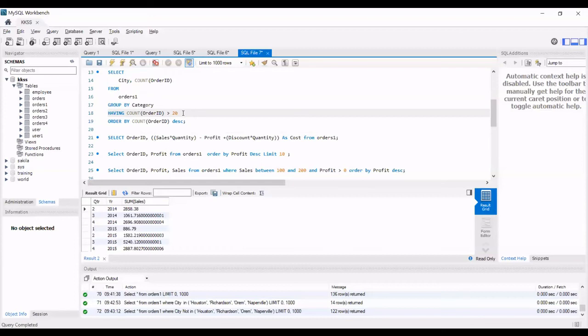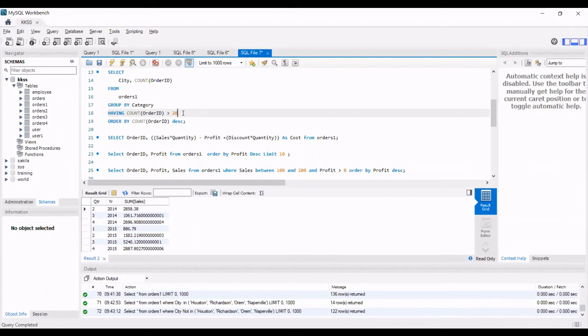So these are the different statements, and SQL will look at them in order. SQL will first look at your table, which is whatever you wrote under from, and then it will go to the where statement, see what the filters are, and apply those filters.